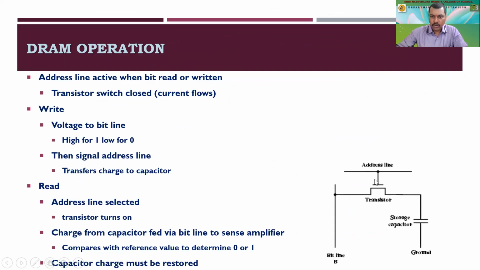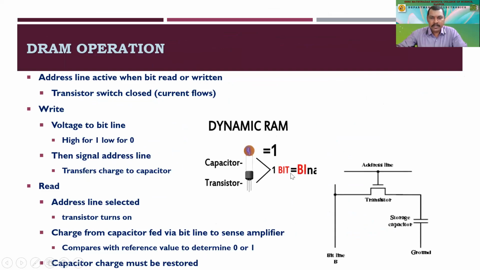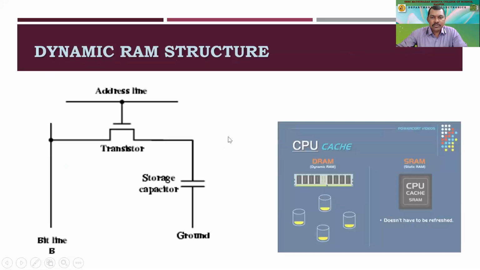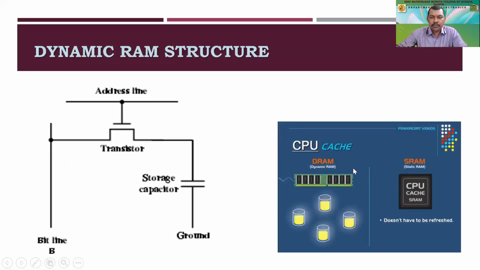And this is the construction of the transistor. Now we have completed this. This is dynamic RAM. Why? Because the capacitor needs to be refreshed at equal intervals of time, and so it requires power, right? That is why the name is there. That is the dynamic type of RAM, since the capacitor has the tendency to leak the current, and therefore it has to be refreshed at equal intervals of time. So this was the dynamic RAM structure.